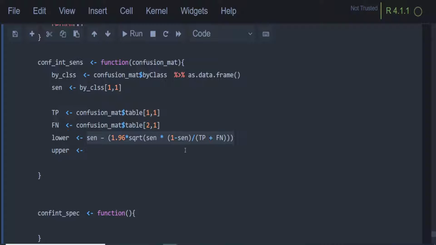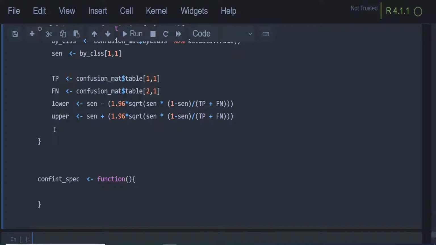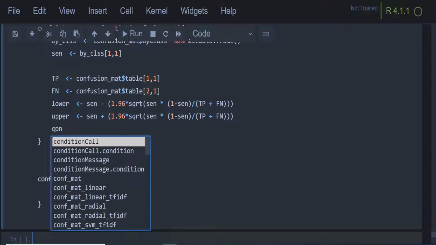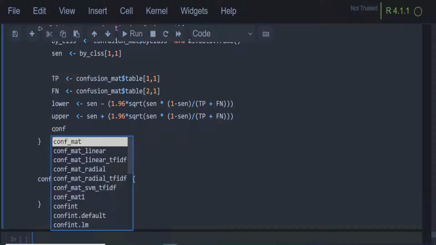Now the next thing is I need to do this side. This will be the upper, so I'm using the plus sign. I think there are also possibilities that you can use minus 1, but I'm not sure, I just don't remember how. You can write that code, but I just forgot something. And then after that,